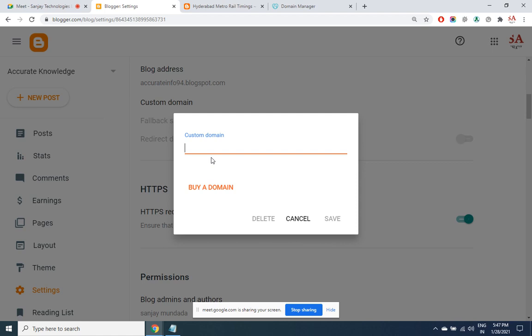So that is endcovid.in. You can even buy a domain from here, but it is going to be expensive.